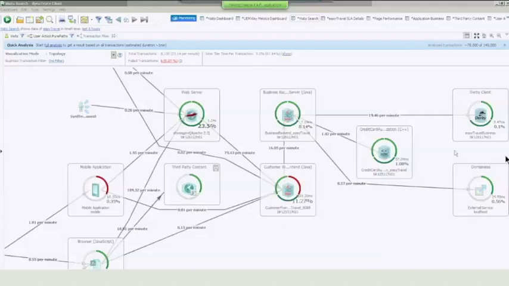Even if your application scales, if you add servers, remove servers, or bring a cloud leg into your transaction, it will simply start capturing it without you having to do anything. So it is very flexible with a very quick turnaround time, and best of all, no scripting and no code changes are required.